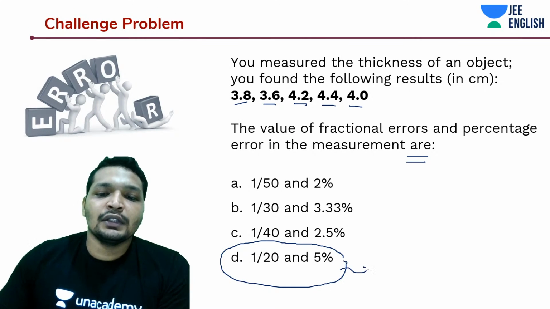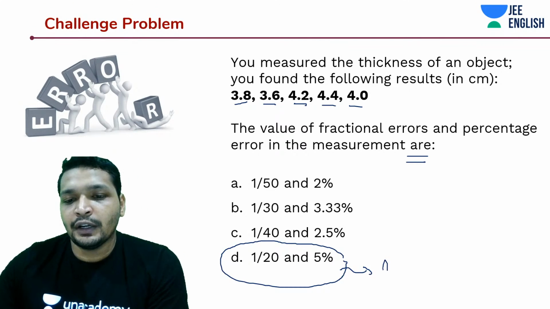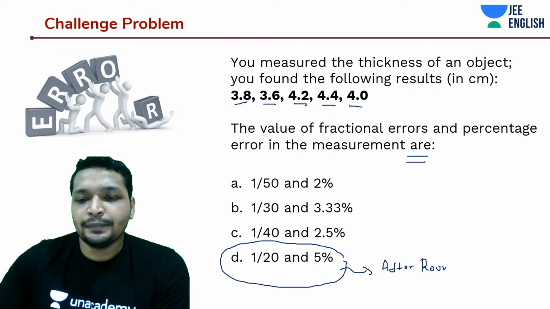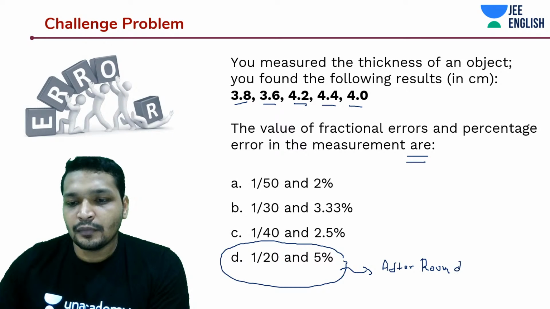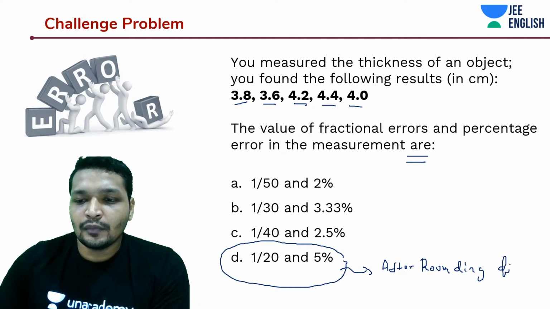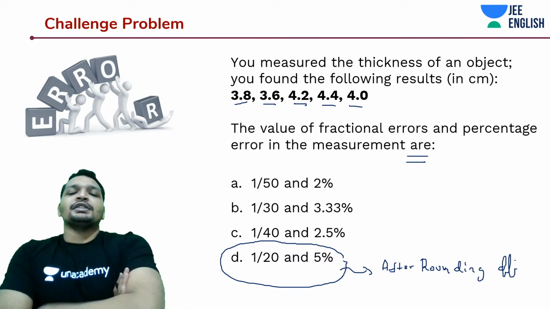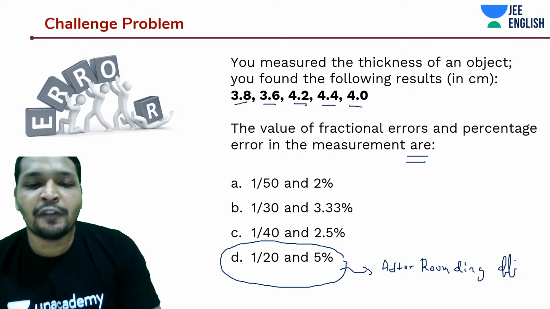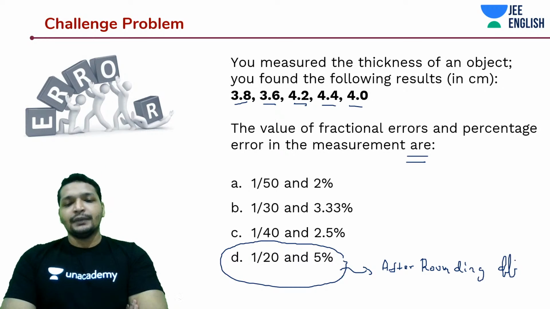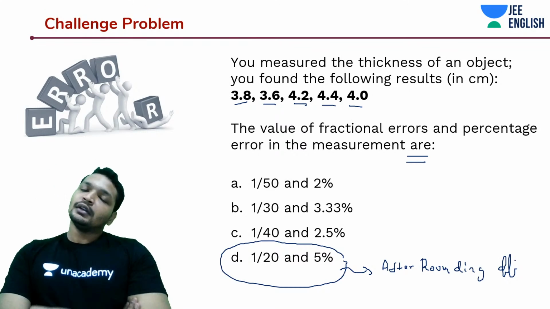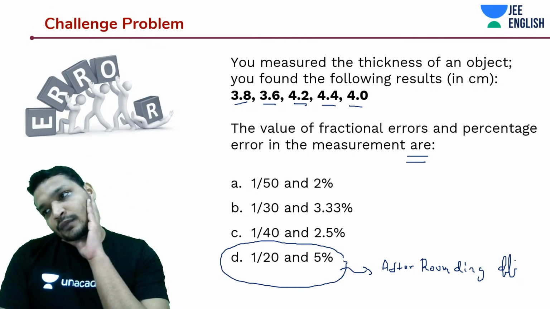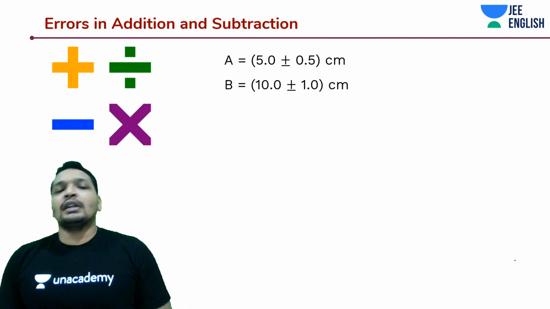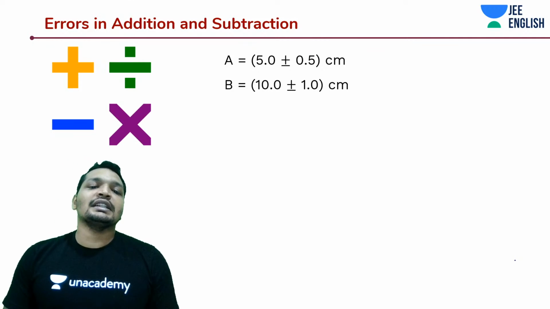That is why we started with the rounding off concept, after rounding off. So that means any of your measurements can have up to near about a 5% error in the measurement and the 1 by 20th of your in terms of units. All right. So that being said, when I'm talking about errors in addition and subtraction, let's understand this with